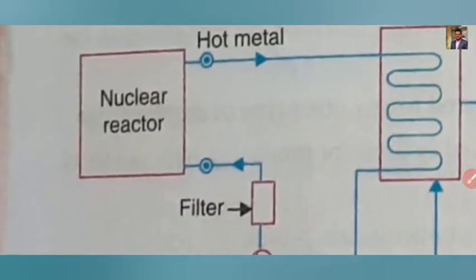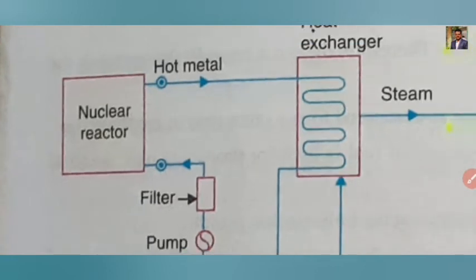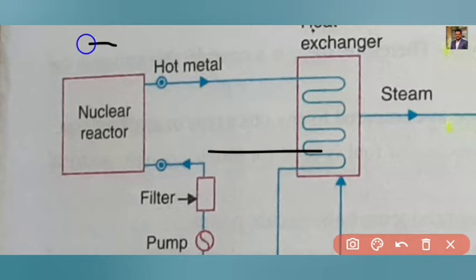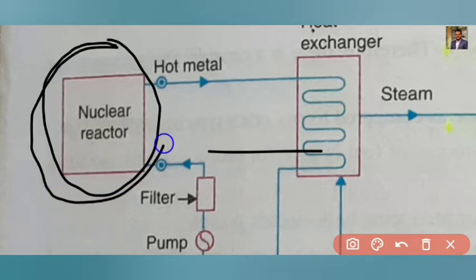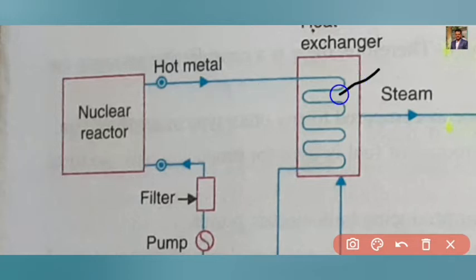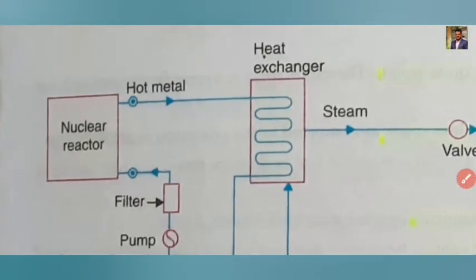Here is all about the nuclear reactor. We saw what the work of the nuclear reactor is. Inside it, there is a moderator, control rod, and also uranium. Mainly our fission reaction works inside the nuclear reactor. It also contains the hot metal, or we can say the coolant. This is nothing but sodium metal. Then it goes to the heat exchanger. Now we see how the hot metal goes inside the heat exchanger.